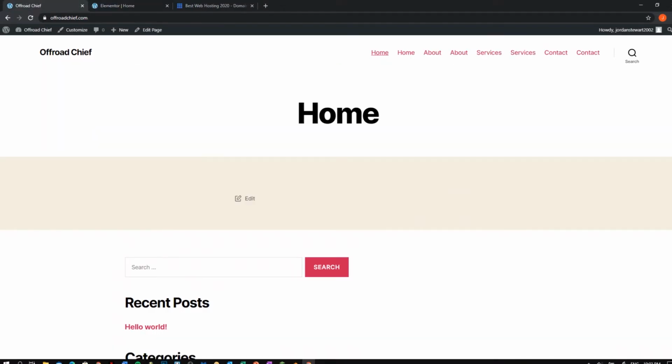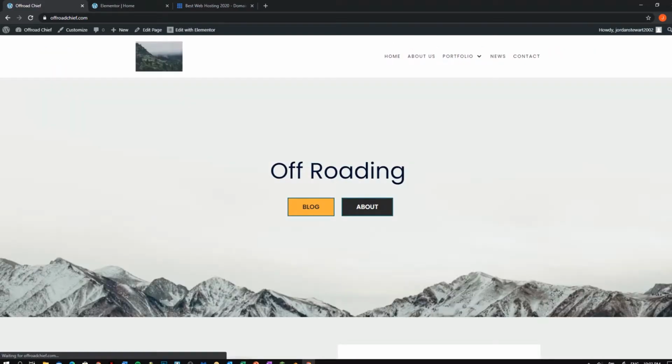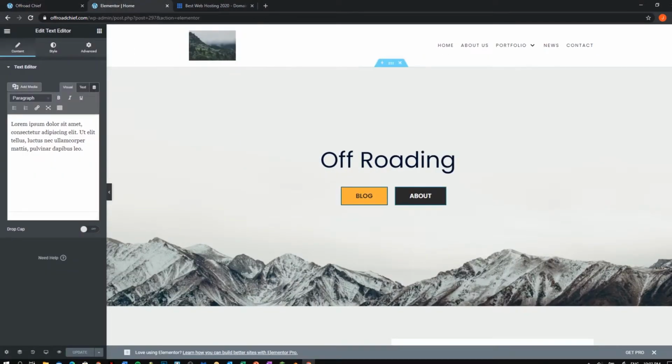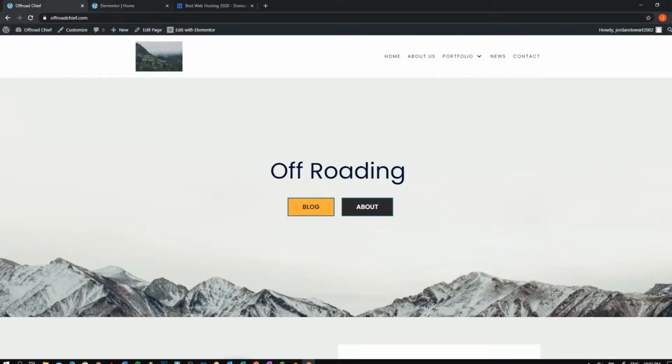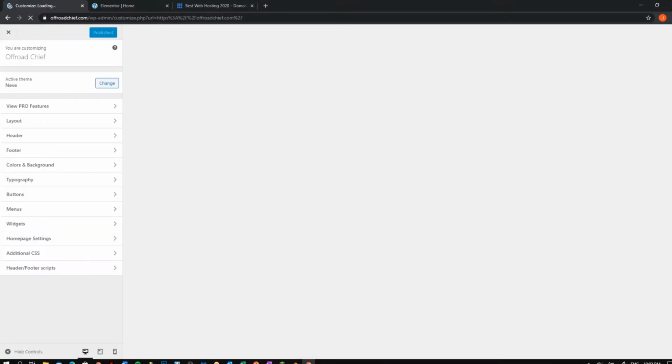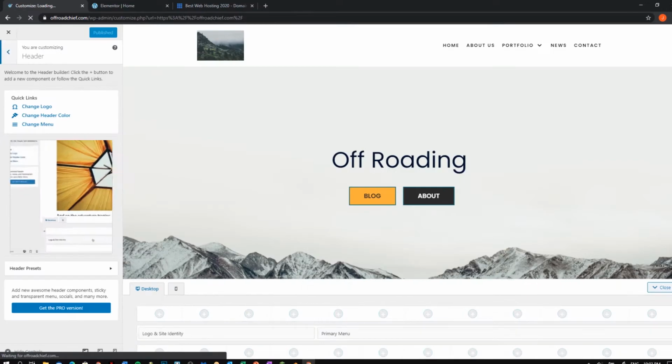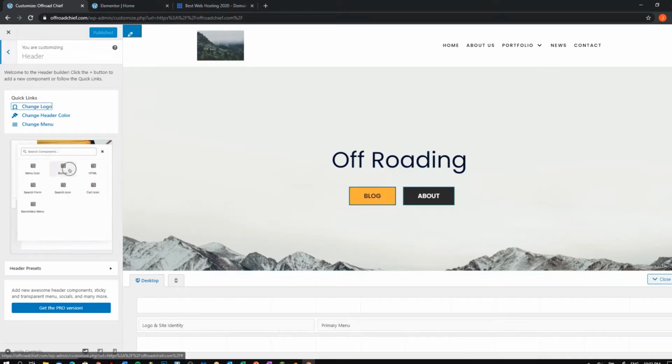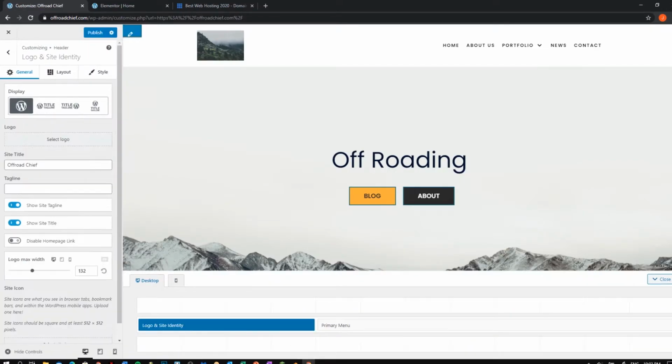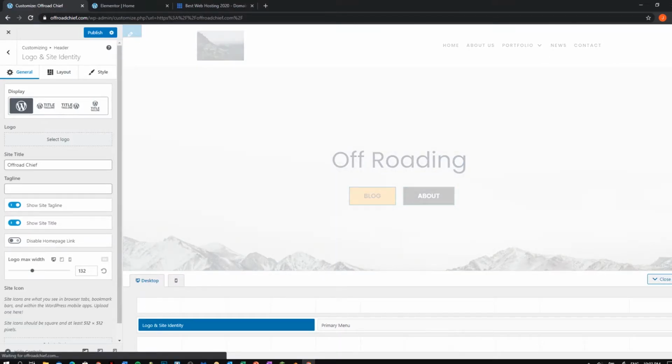So now if we go back to our website here, we click reload. As you can see, we've got a brand new looking website. We're going to go back to our website here. We're going to click on customize, and this is where you can change the header of your website, so you can change your logo. For some reason it's this weird image,